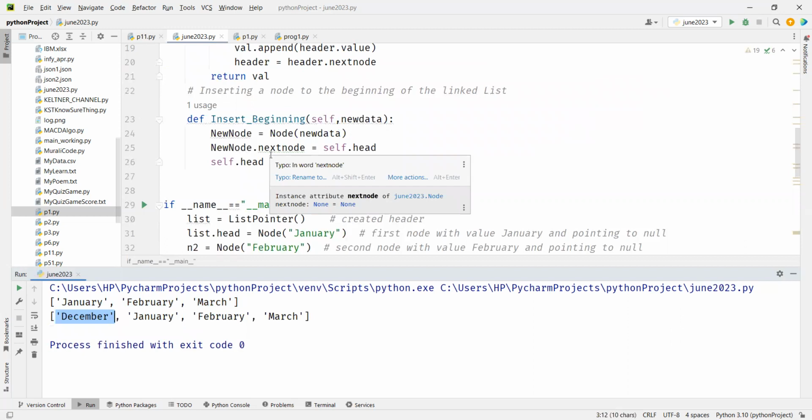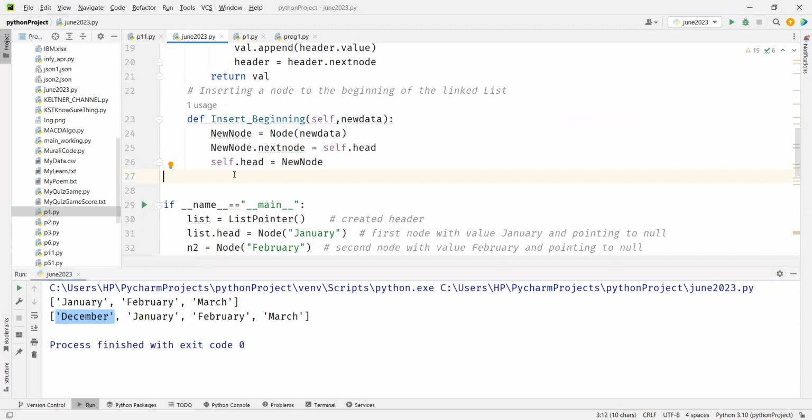Okay, inserting at the end. Inserting at the end is easy. The only thing is you have to do the traversing. You have to go to the last node first. You have to traverse to the last node. So I'm going to say here